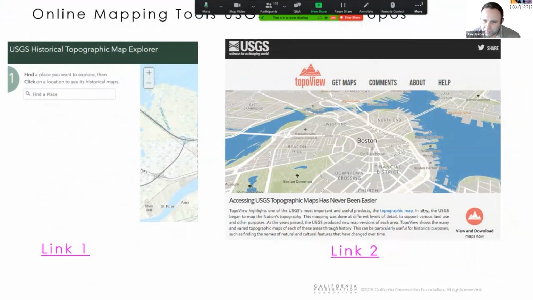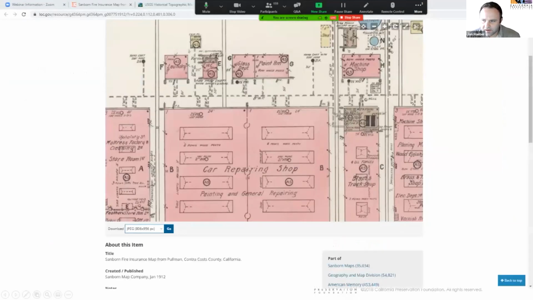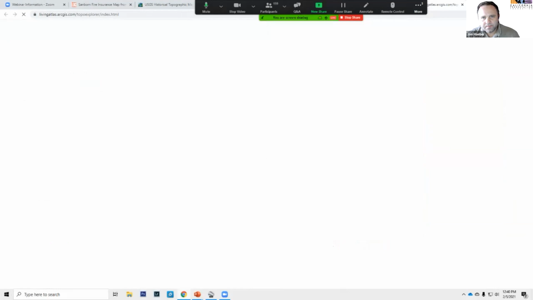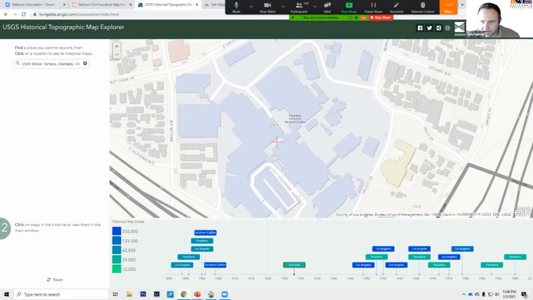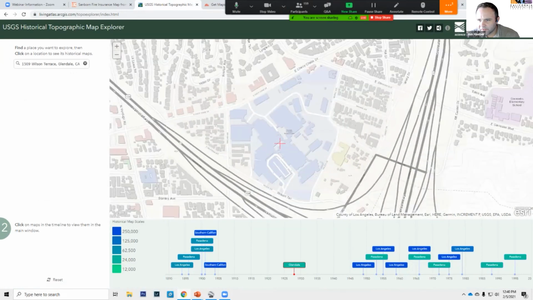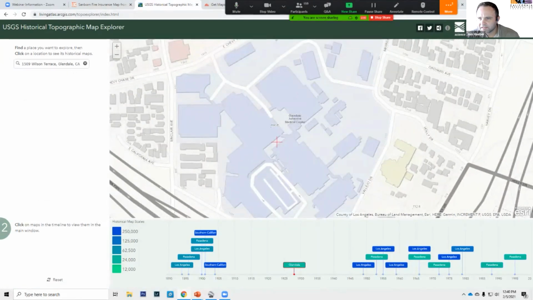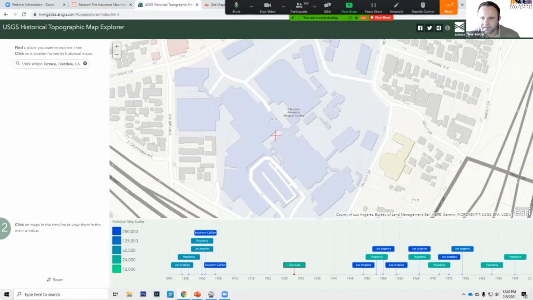The first two that we'll look at is the USGS mapping tools. I have two links here that are also included in that Google Doc. You'll notice the Living Atlas from USGS is an older sort of application, an older platform. Somebody mentioned in the chat box that they wanted me to look up the Glendale Hospital. I hope this is the correct one that they were born in. But I looked it up, found the address for it, looked it up using the USGS tool, and you'll see here on the bottom,